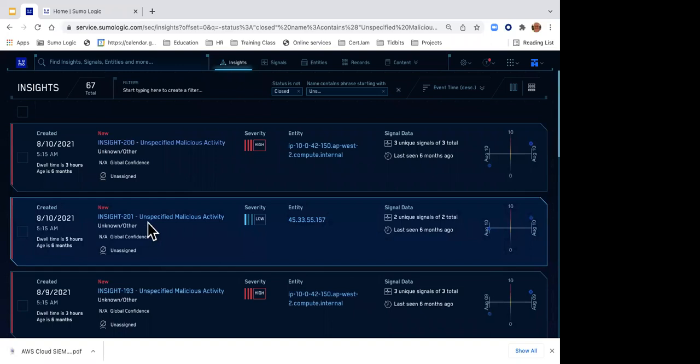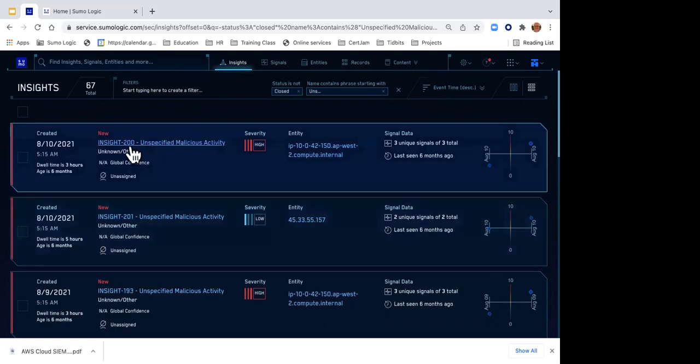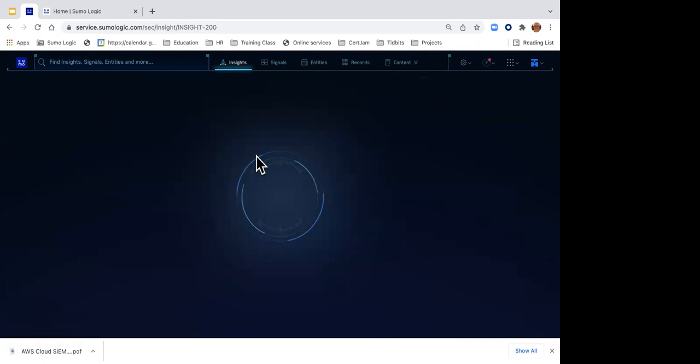And by the way, we've got some data that comes in here and runs regularly that gives us these insights. So, hopefully you don't have as many insights, but for our training purposes, we do. And what I want, this first insight here is insight 200. And this is going to be your insight to tackle. So if you click on insight 200,